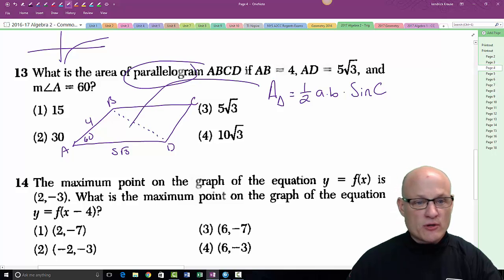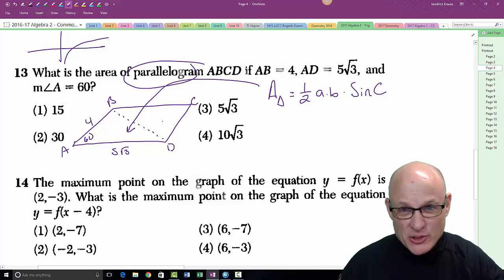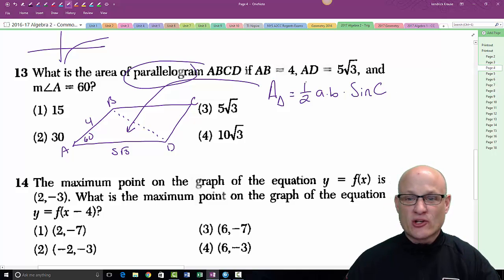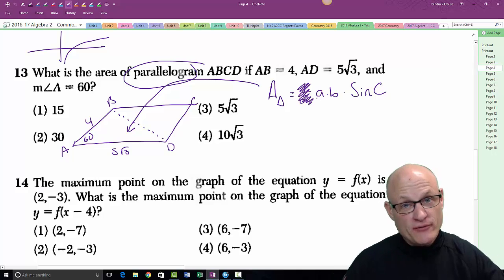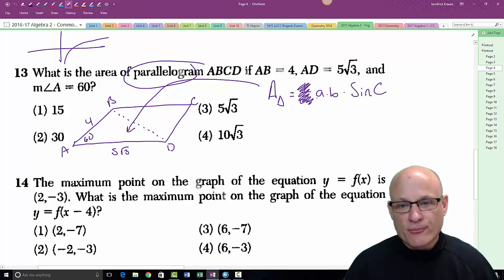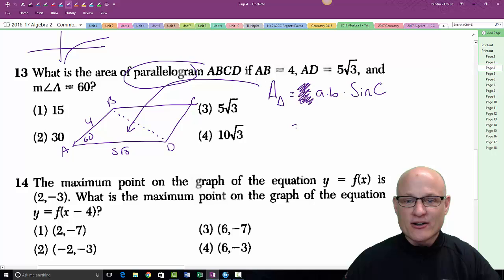So this area formula would work for this triangle, but I have 2 of them, and you should have known this a long time ago. If it's a parallelogram, we just get rid of the half because there's 2 of them. Or take your final answer and multiply it by 2. I don't really care. So it's 4 times 5 square roots of 3 times the sine of 60, which is equal to